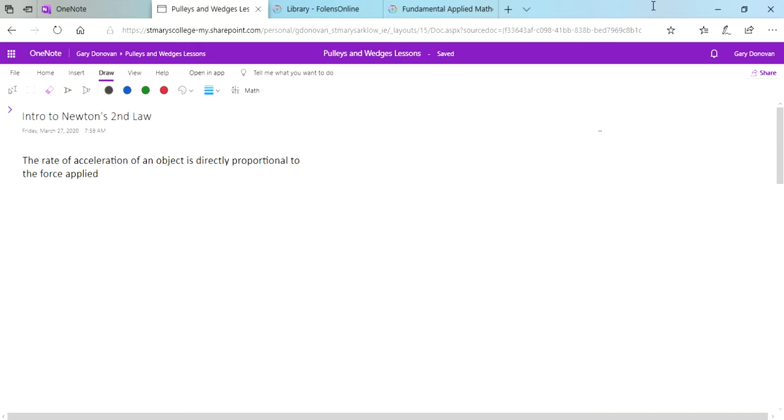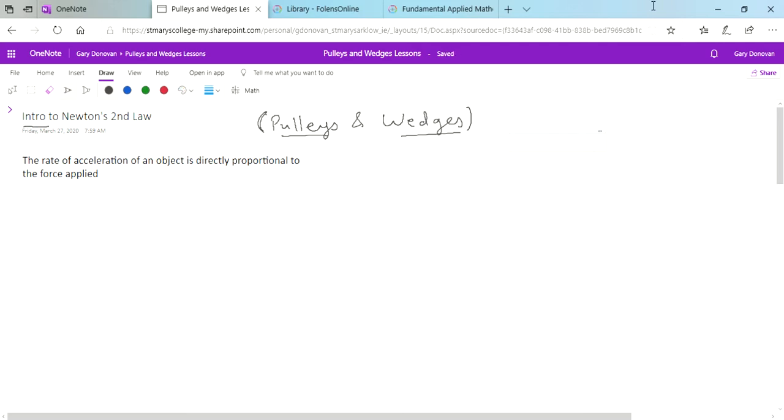In this video we're going to start a new topic. The topic is called pulleys and wedges. So in your notes you can have a new section for pulleys and wedges, but before we go into looking at pulleys and wedges, which are the two main types of questions in it,